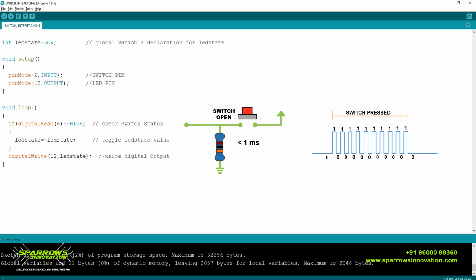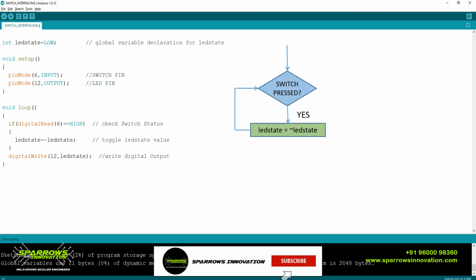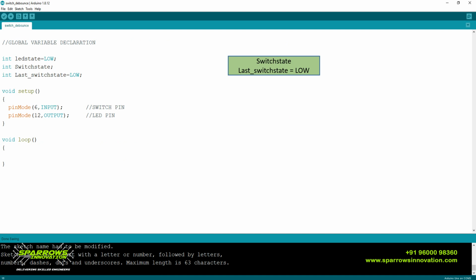Okay, so that's why when I remove the delay, your LED does not work properly based on our previous program. So this should be avoided only by a debouncing logic program. So here you can see by a flowchart I am explaining. When a button is pressed, the LED state will be changed to complement your LED value. This cycle will be repeated until the button is released. So to create this debouncing logic, I created a program.